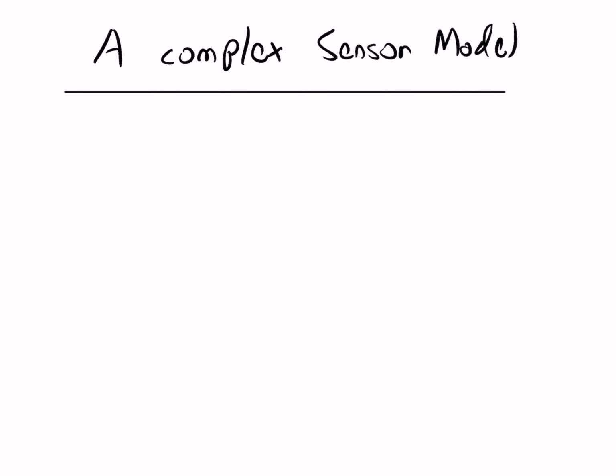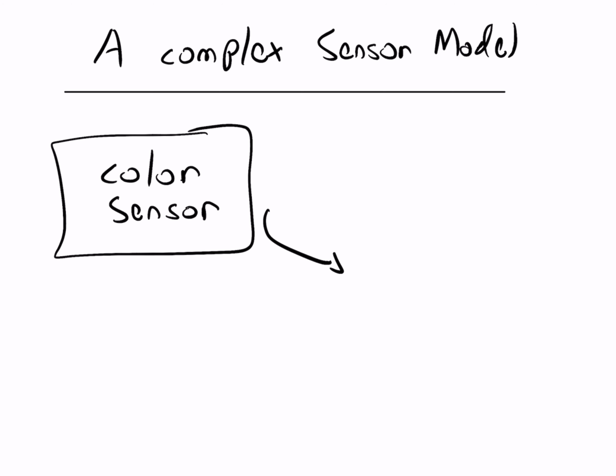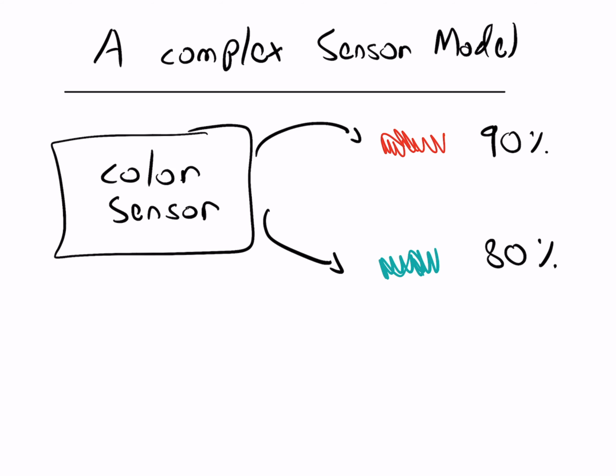Another important thing to bear in mind is that the sensor noise might be more complex. What do I mean? In the last example, we had a 90% accuracy sensor, which means that the level of accuracy doesn't change when we sense green or red. But some sensors can be more sensitive to a specific color, so I might have a different, more complex noise model. For example, the accuracy level for red might be 90%, and the accuracy level for green might be only 80%. What does it mean?